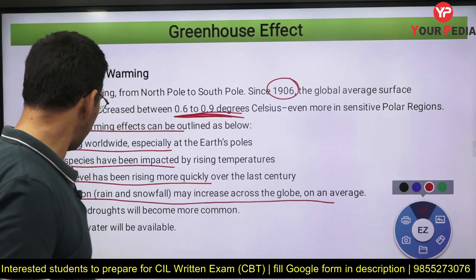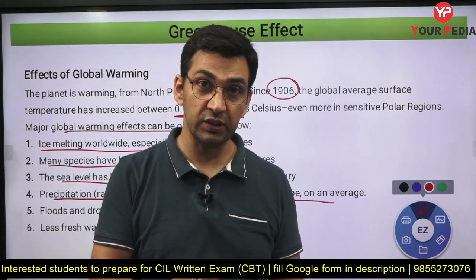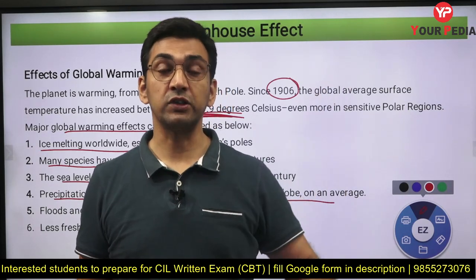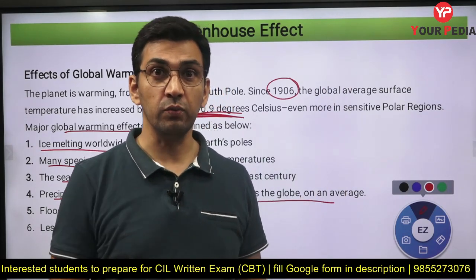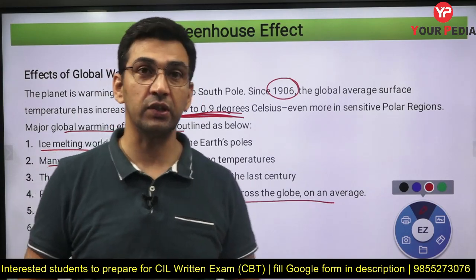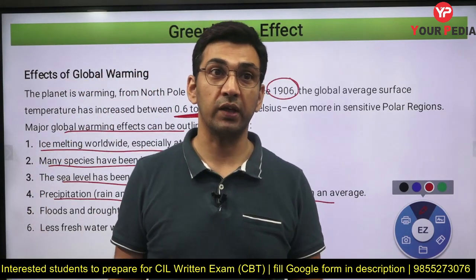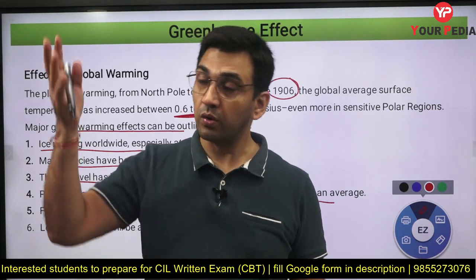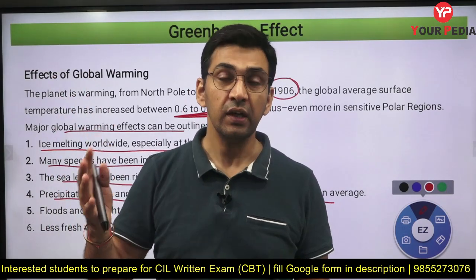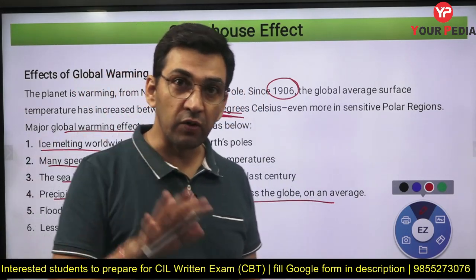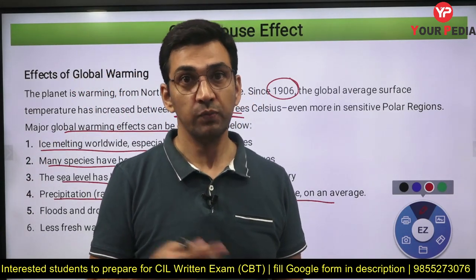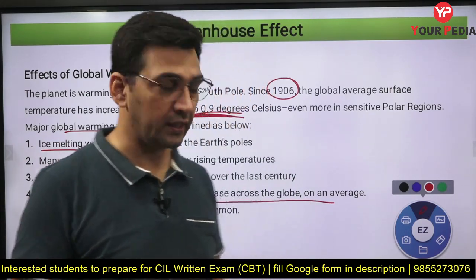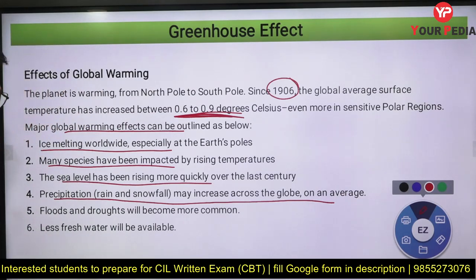We have seen that in many areas. This year, you may have noticed, in Europe recently, it was in the news that temperature has risen, for example in the UK. It was a major issue even during the election, they were talking about the sudden increase in temperature in the UK. So in some areas the overall temperature is increasing, and that is going to influence, for example, the rainfall pattern also. In India also we have seen erratic rainfall in different areas. All of this can be related to that particular effect.